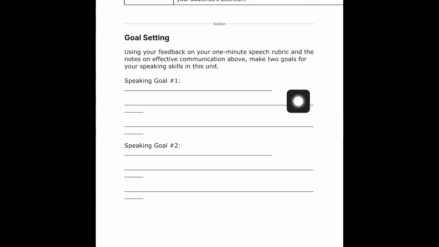So for example, one of my goals may be I'm going to do a better job of making eye contact with all parts of the room when I'm giving my speech, or I'm going to stop rocking back and forth and put my hands in my pockets when I'm up speaking. Be realistic with yourself, things that you know you could improve upon that you can use as a focus on